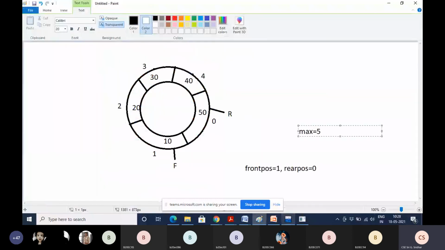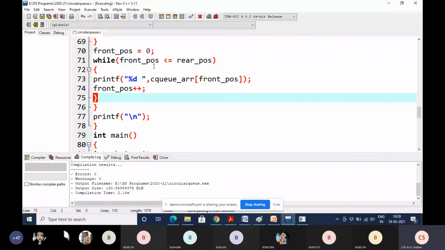After that, front position is incremented. Now front position value is 1. Is 1 less than or equal to 0? Because there is no change to the rear position. No. That is why the while condition is false and it exits from the while.